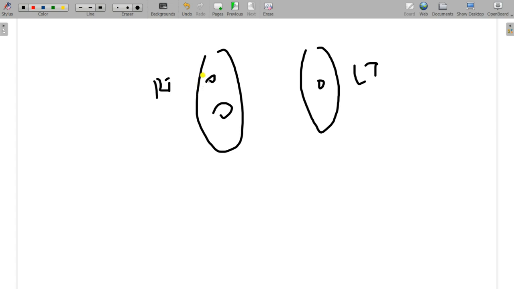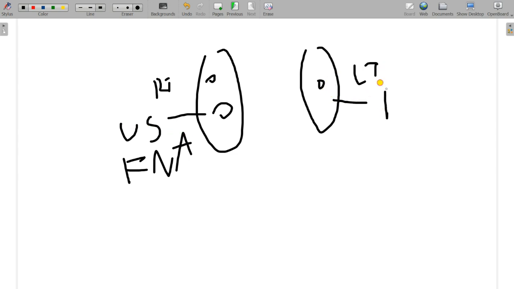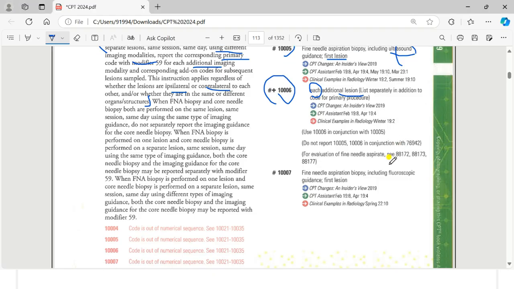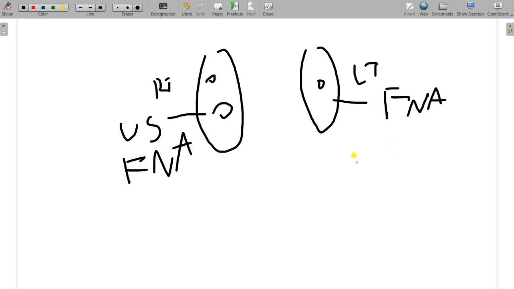Patient is having total 3 lesions. 2 lesions are there on the right breast and 1 lesion is there on the left side. Okay, so provider is doing the right breast with the help of ultrasound guidance, and this is FNA. All two with the FNA and ultrasound. And the left side he is doing FNA with one guidance, that is fluoroscopic guidance.